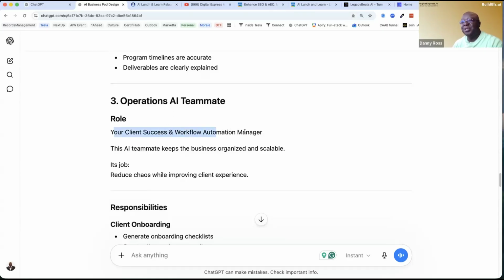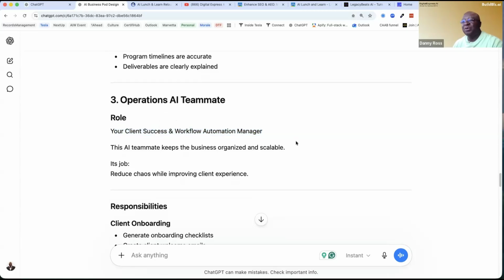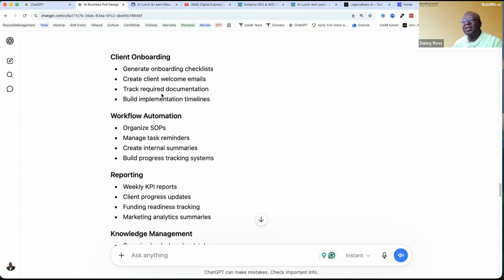So this AI's job is to work with the sales AI for workflow automation. So, let's say we build you an app for onboarding new clients and plugging it into a CRM system.